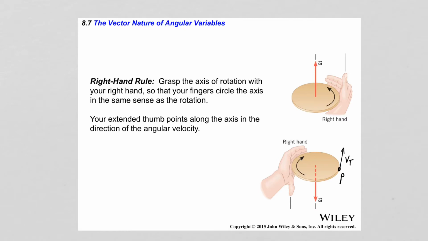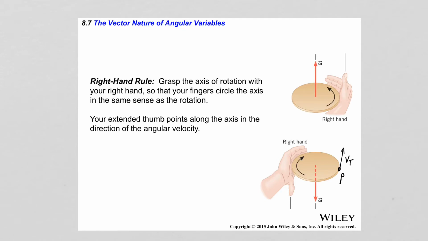Okay? So let's say that the rotation is with constant speed, so the magnitude of this velocity doesn't change. However, the direction changes all the time. But for the angular velocity, if the rotation happens with no acceleration, the angular velocity doesn't change. So therefore, it cannot be drawn as a tangent to the disk. It has to be drawn in a different way. And so what makes sense is to have the angular velocity along the axis of rotation